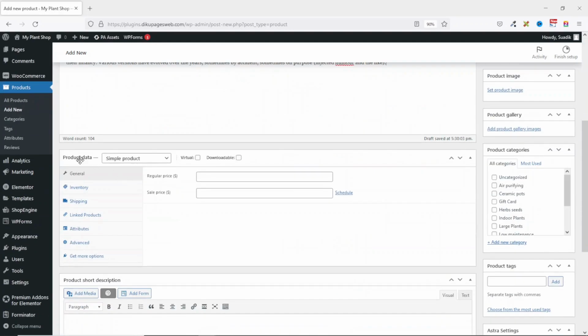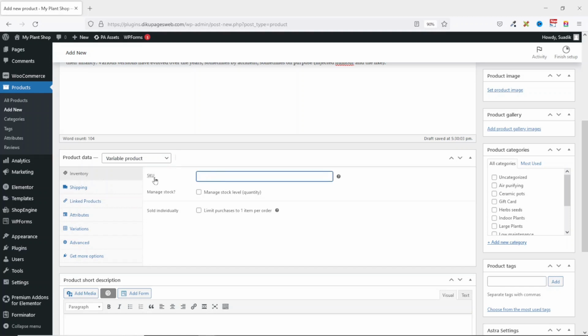Going down, under product data, I drop down the arrow and I'm going to go ahead and choose variable product. Under inventory, you can give your product an SKU, that is a stock keeping unit. This is just an identifier you can give to every single product you have on your shop. You can use alphabets, numbers, or alphanumeric. So in my case, I'll just say DK0001. DK here is just an abbreviation for my domain name, that is Dikupages, and the rest of the 4